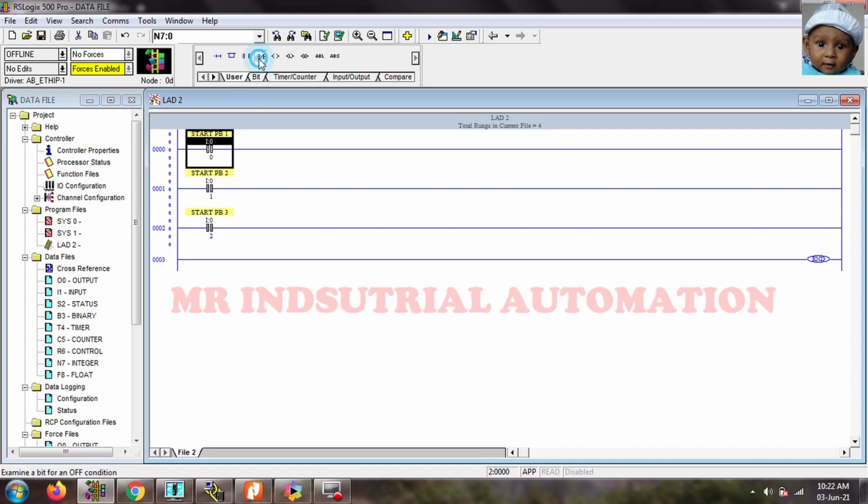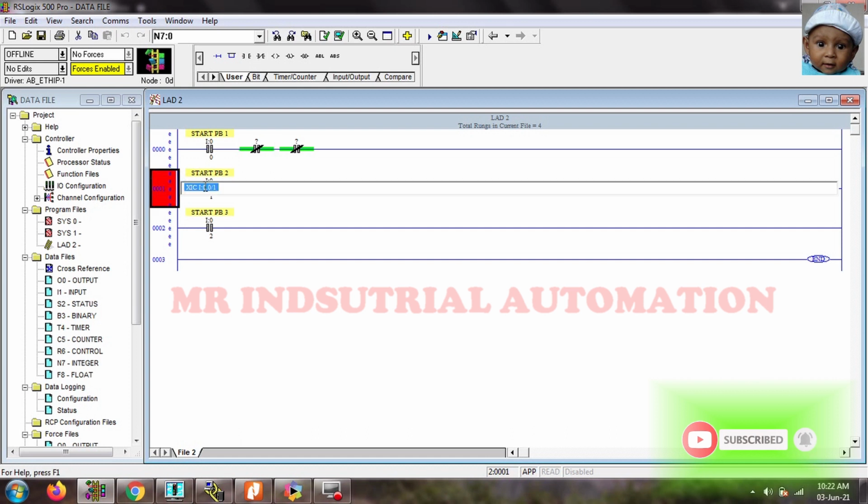Now we will take NCs, Examine If Open. We are doing 3 rungs of programming. So I am taking 2 NCs on each rung to show how the interlocking works.